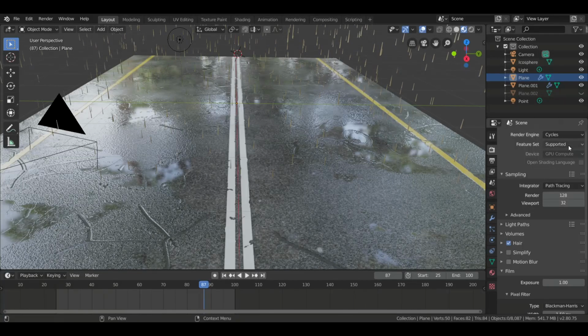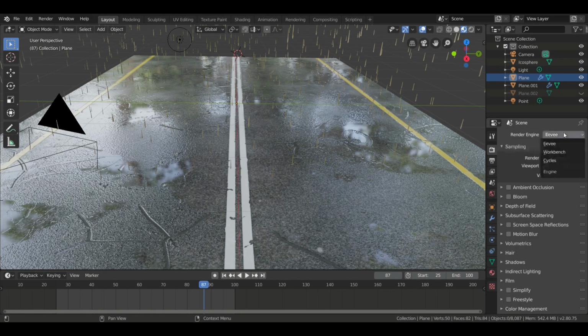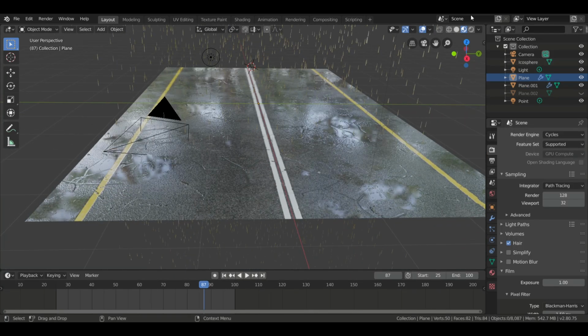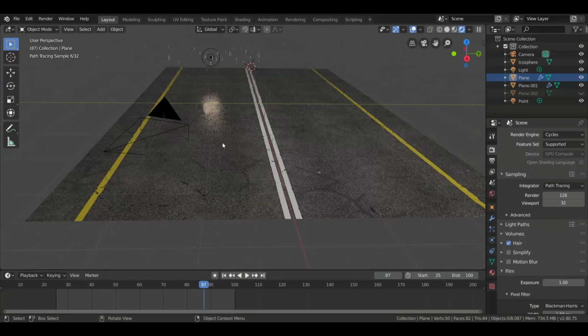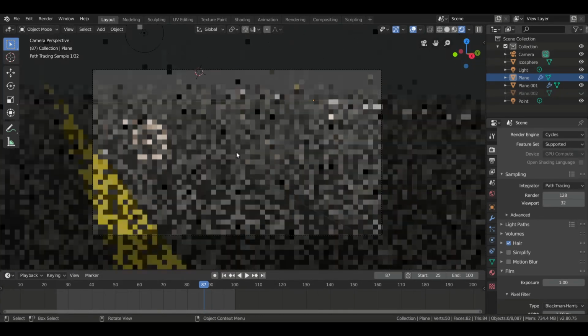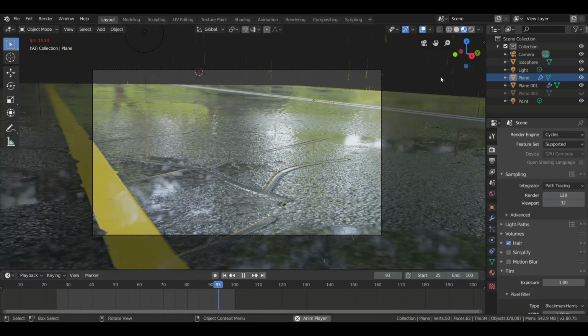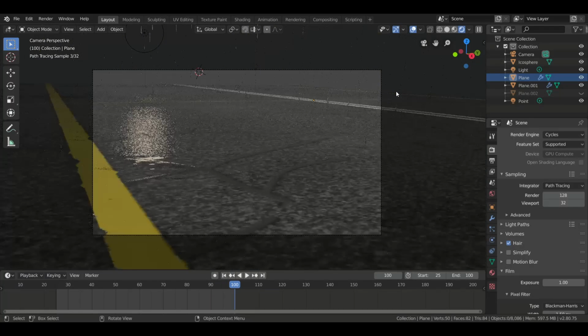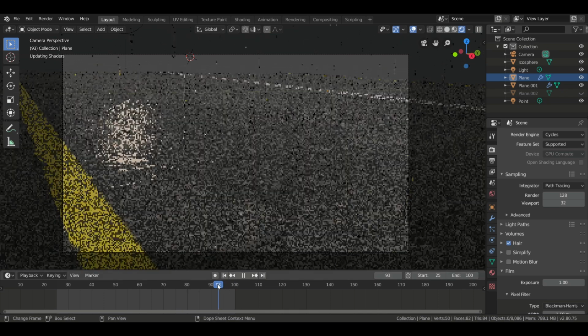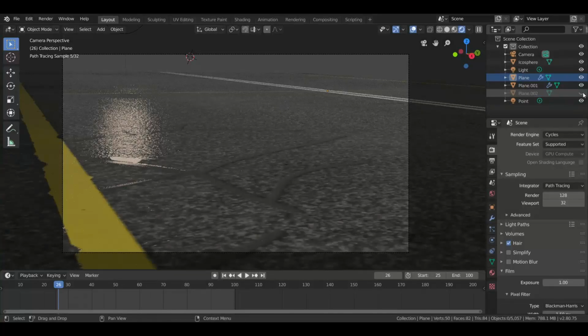Hey guys, finally we created a beautiful rain effect in Blender. So you can add a light and camera for your customizable scenes. I just added a camera from the top, facing down, to make it look nice. For render I'm going to use Cycles to make it realistic, and then GPU Compute which I selected already. Then F12 to render the animation. Yeah, this is the final